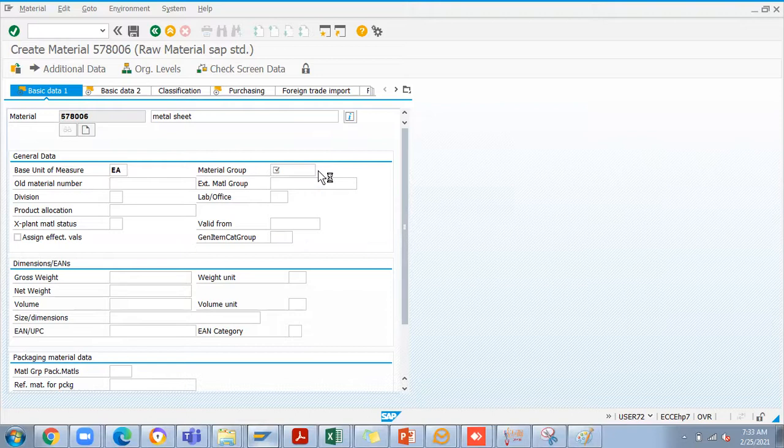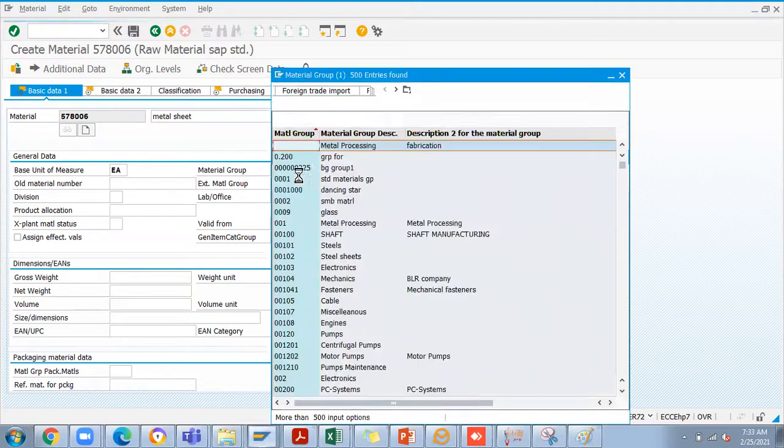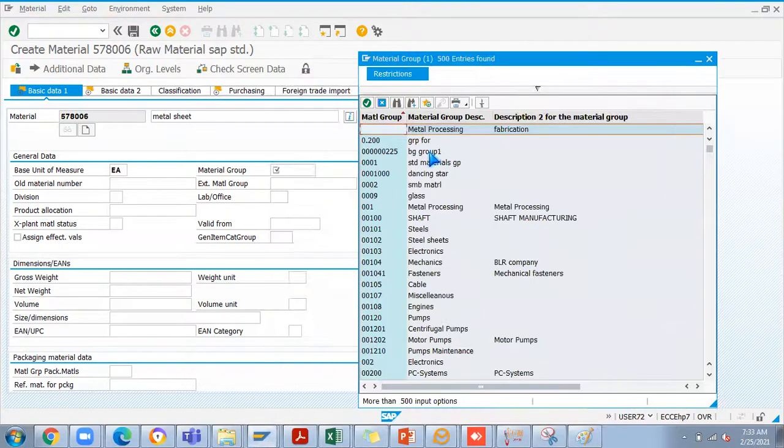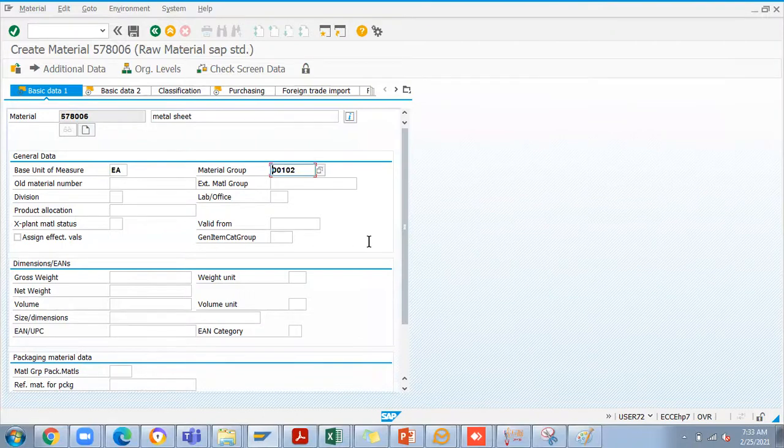Then here you have to take the material group, which group it belongs to. So I can say it's a steel sheet or steels. Here you can see material groups are already maintained in the backend. I will also show you how to handle the creation of material groups in the backend. Industry sector, material type, and material group, all this you should know as a consultant how to create from the backend.